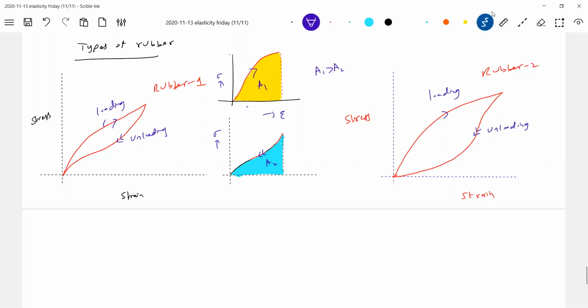This is stress, this is strain. Here what happened? The external agent does work. It will deform the body, and all the work done by the external agent will be available as energy stored in this one. Area under stress versus strain graph should be equal to energy. Any reason for that? Because the energy is equal to half into stress into strain. So area under stress versus strain graph should give the energy stored in the body.